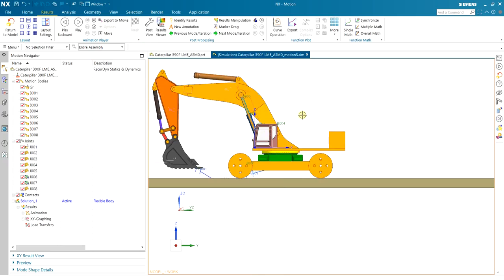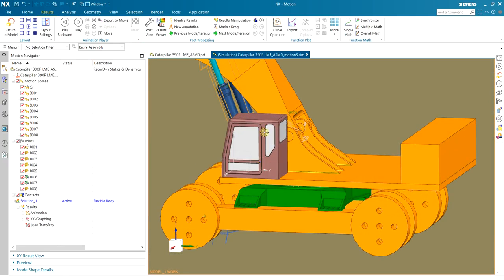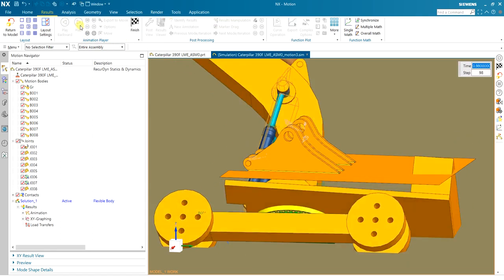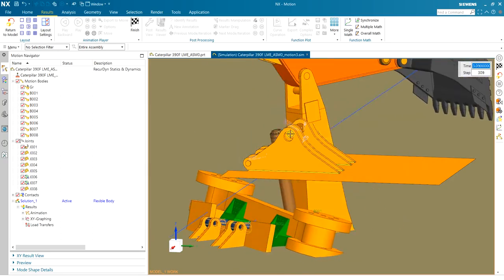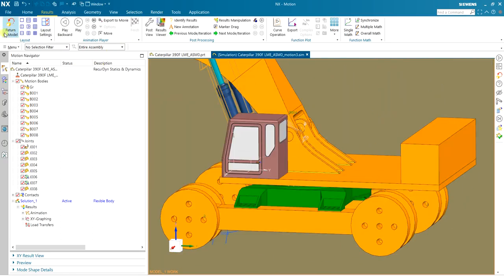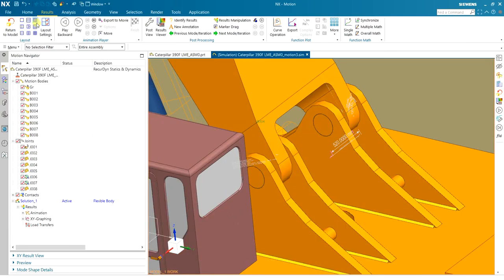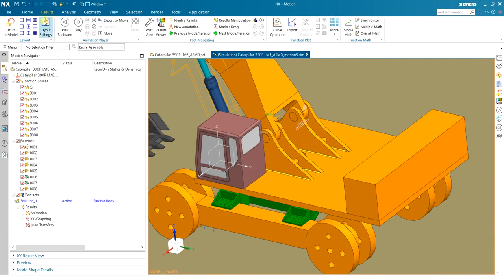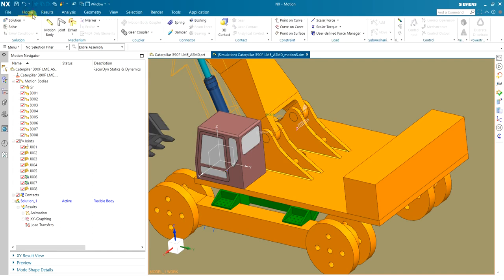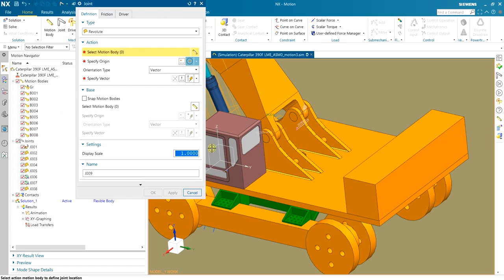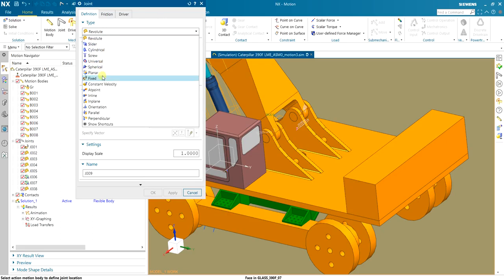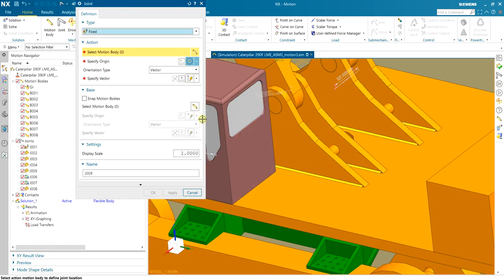We're missing the connection between the cabin, also the main pin here. So let's go back and fix that. First, let's fix the cabin joint. I can fix it by using a fixed